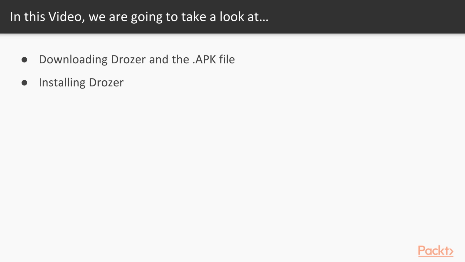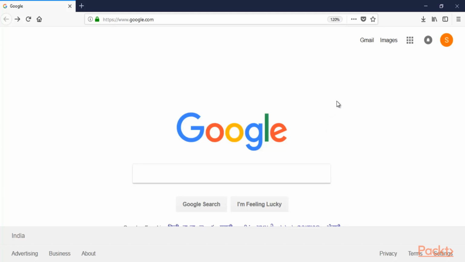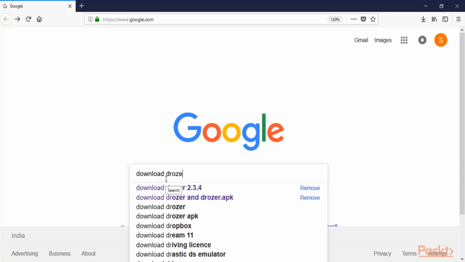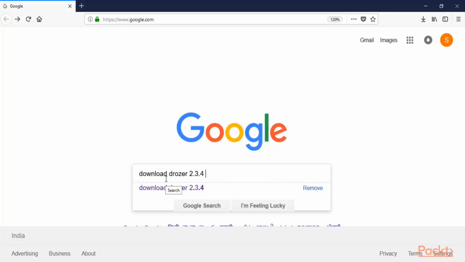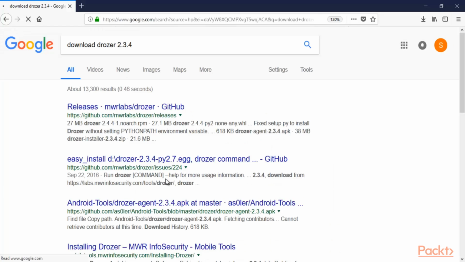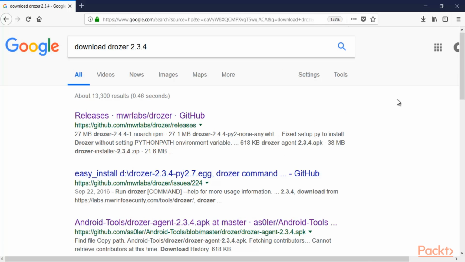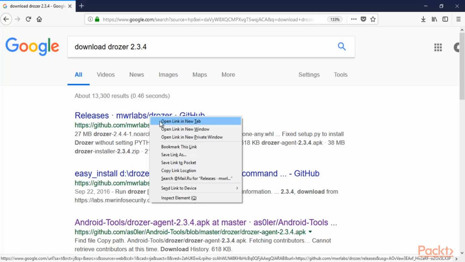So first of all, we need to download both files, Drozr as well as Drozr.apk from internet. So open google.com and download these files. So here we are at google.com, and we need to download Drozr from here. So you can type here on Google, download Drozr 2.3.4 and hit enter. So download Drozr 2.3.4 and you can open the first link,